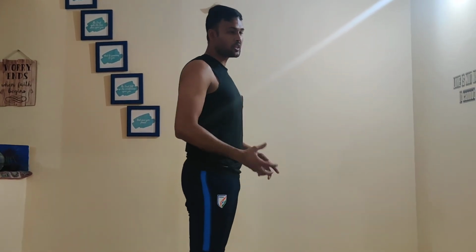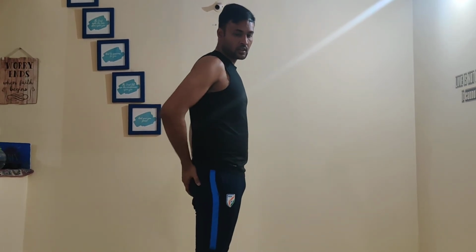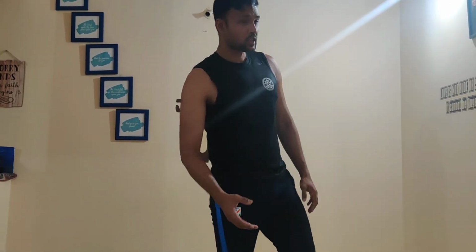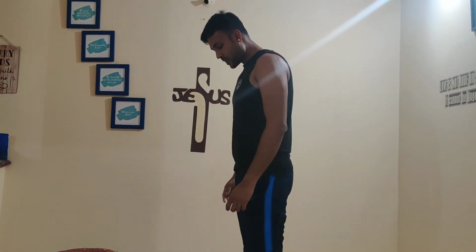Anatomically, we are all made in different ways, but we have to make sure we utilize our important muscles, which are your core and your glutes. We worked on your hamstrings, your quads, your calf, your shoulder. All these exercises would help you in your daily activities, as you sit, as you walk, as you stand in your daily routine. The important part would be to understand our neutral position, neutral posture,